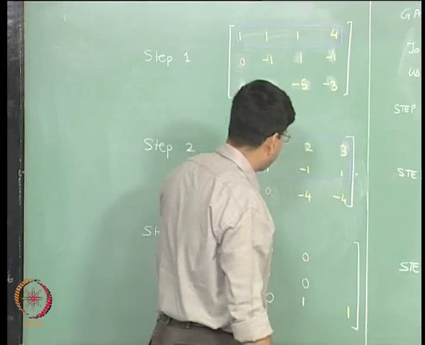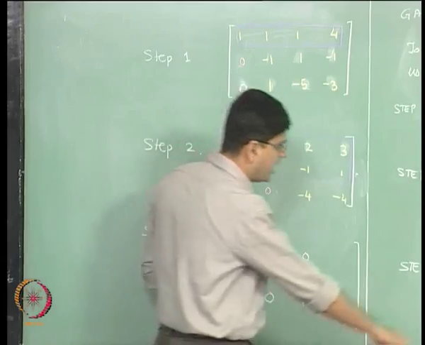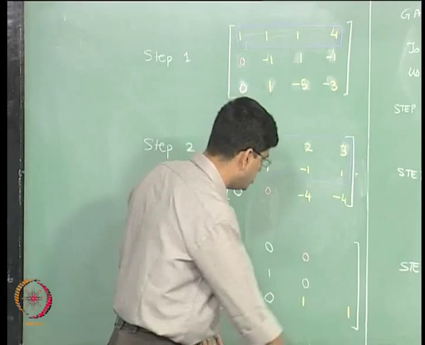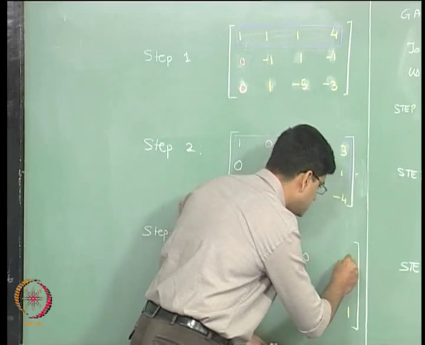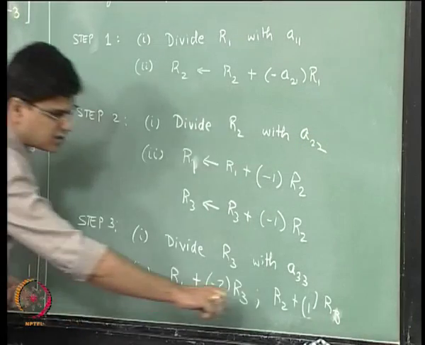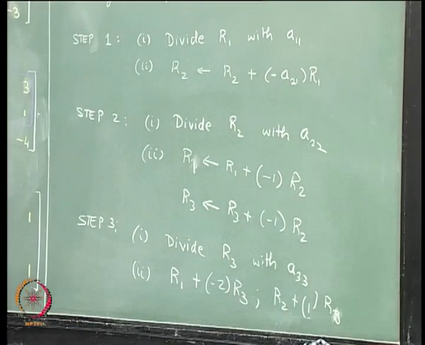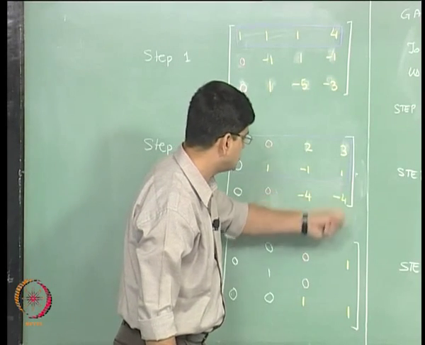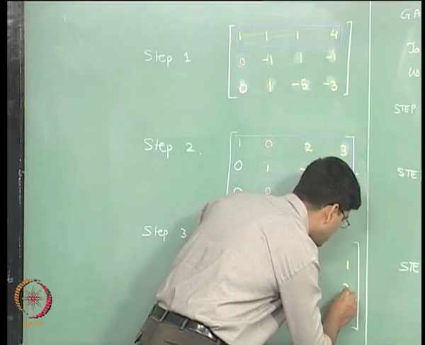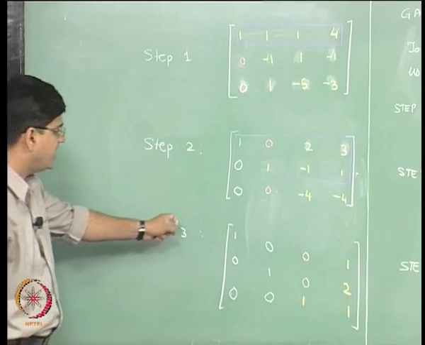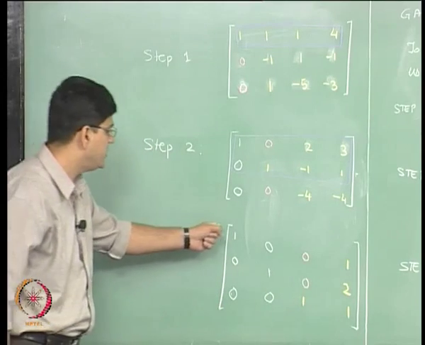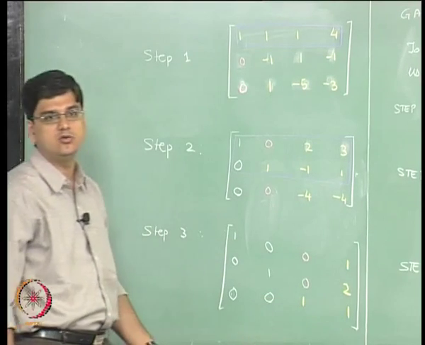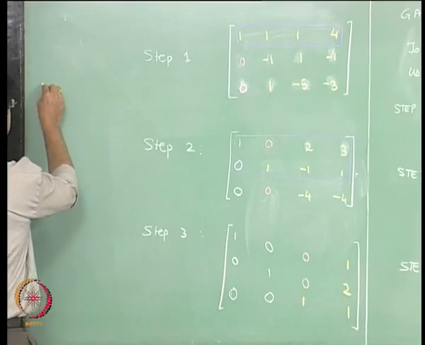Okay. We are essentially doing R1 minus 2 times R3. So, 3 minus 2, that is going to be equal to 1 is what we will have over here, and R2 plus 1 times R3. So, in the new R3 the value over here is 1. Okay. The old value of R2 was 1. So, 1 plus 1 is going to lead us to 2. Okay. So, this is what we get at the end of the Gauss Jordan method. The matrix A has been converted into an identity matrix, the matrix B has been converted into a solution matrix. So, what happens at the end?